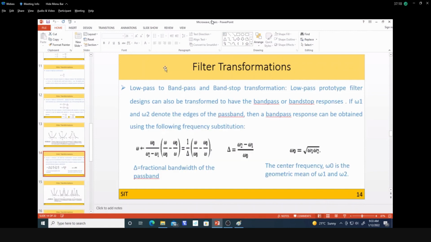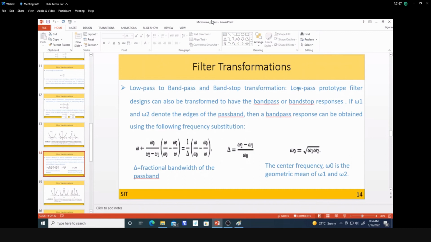Okay, so that is the low pass filter design. Now if you look at low pass to band pass transformation, if I directly ask you to design a band pass filter with these edge frequencies, lower edge and higher edge, you first need to design the low pass filter, then transform that low pass filter by the band pass transformation, or we can say the band stop transformation. Both transformations can be done.